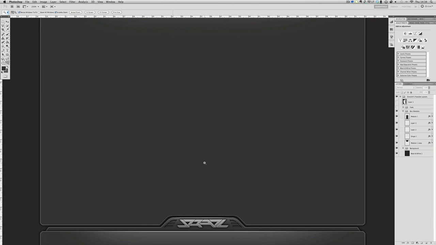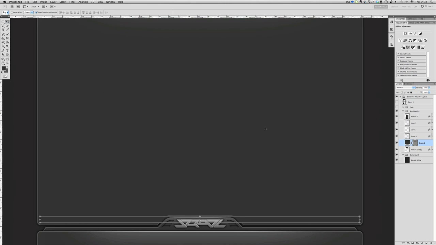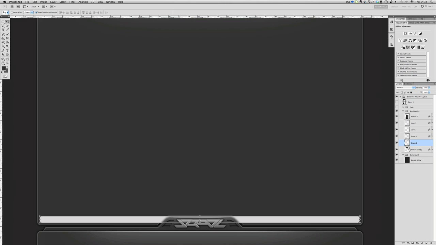Zoom in quickly, and then I want to add a new layer above that one, and we'll make a rounded rectangle with the radius of 6, and we'll just bring it in like that. Can't really see it because it's the same colour as the actual module. Alright, now what you want to do is, I'm going to invert it so I can see it. I'm going to expand that a bit,